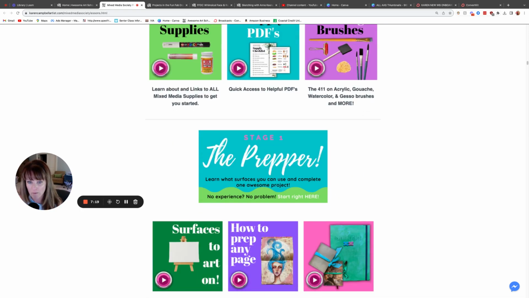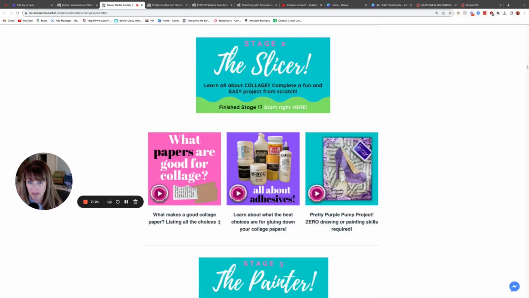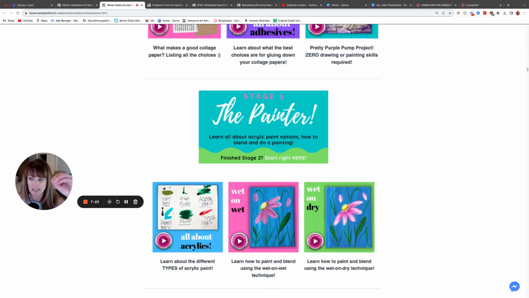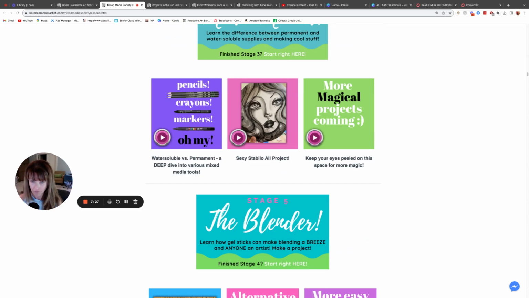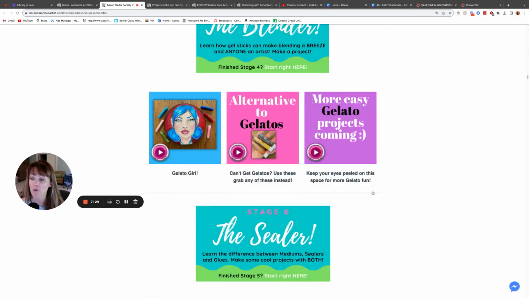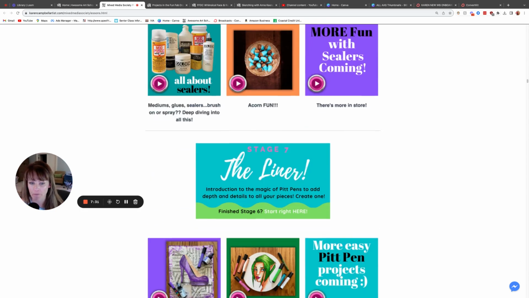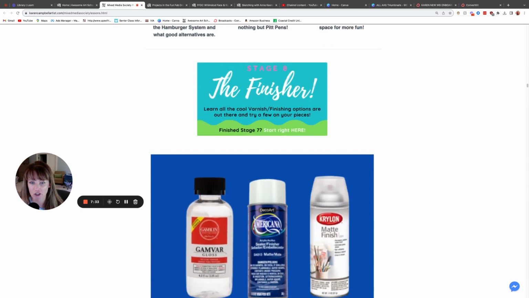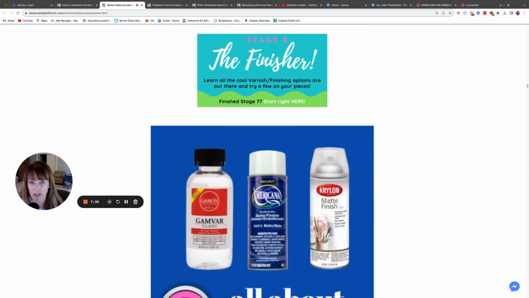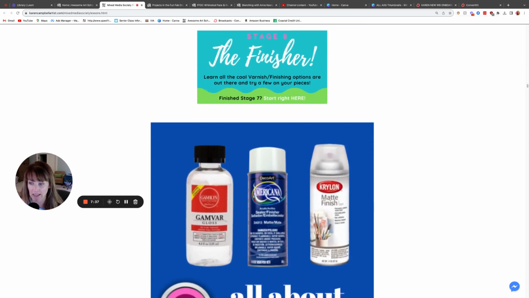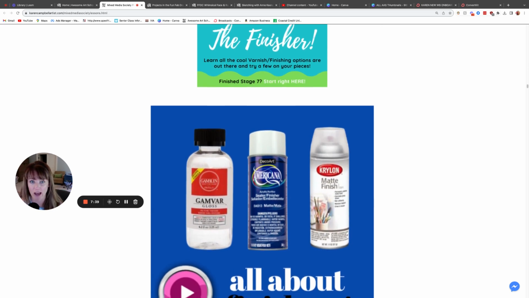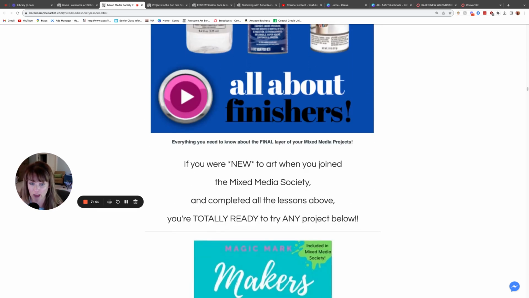Stage 0, stage 1, stage 2. So we're learning specifically how to use that exact one art supply before putting them all together. Okay, so once you've mastered each of those individually, and everyone always has questions about sealings and varnishes and finishers, so I have a dedicated classroom just for that.